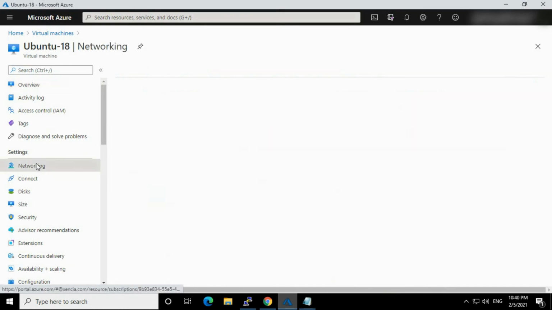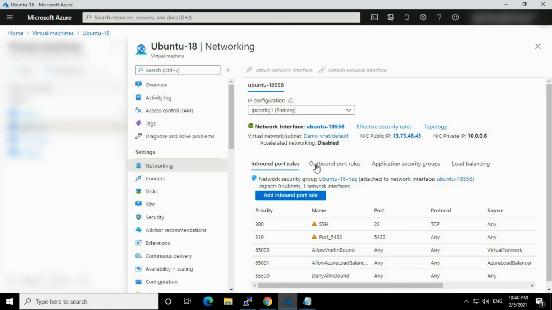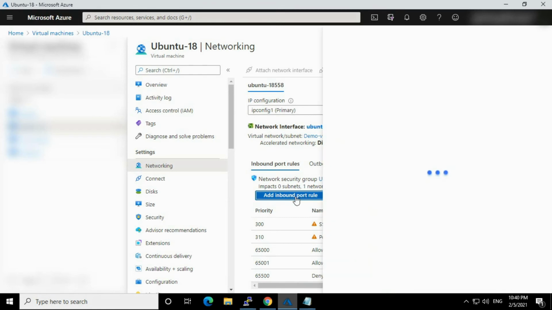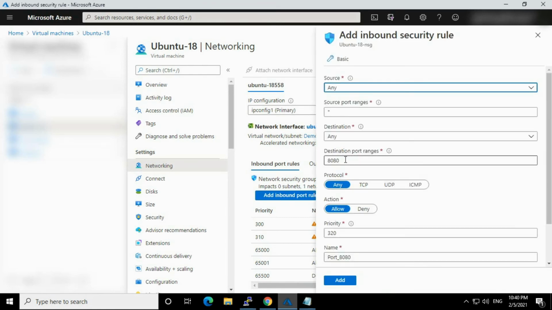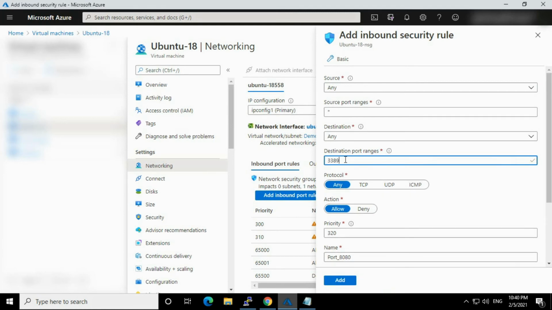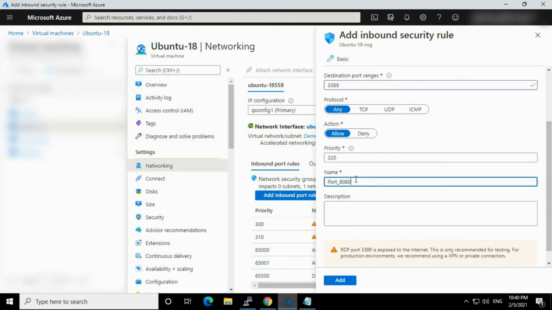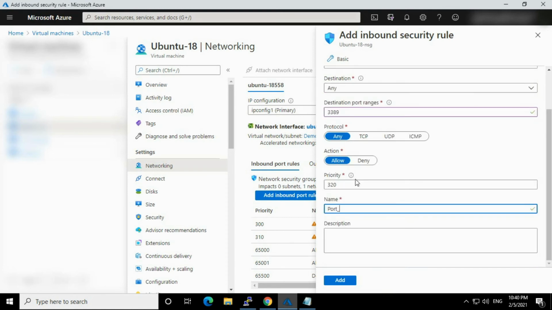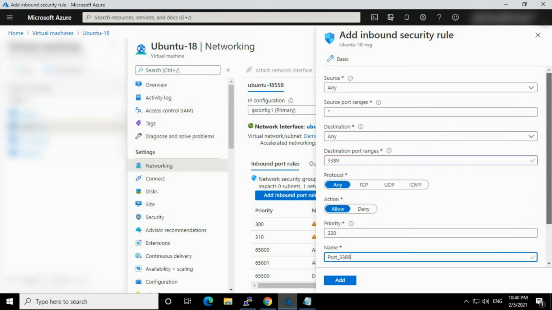Go to the networking of that VM, click on add inbound rule, put the RDP protocol, 3389 as the destination port, any source, and just give it a name, 3389 RDP, whatever name you want. Just add it.